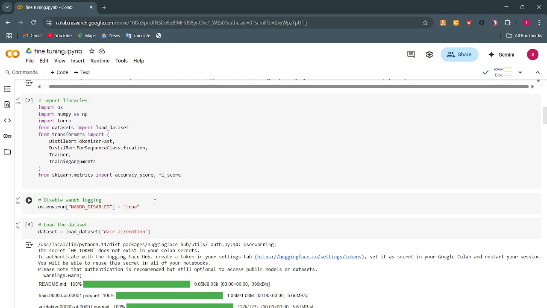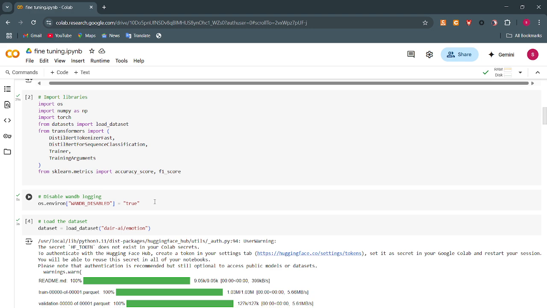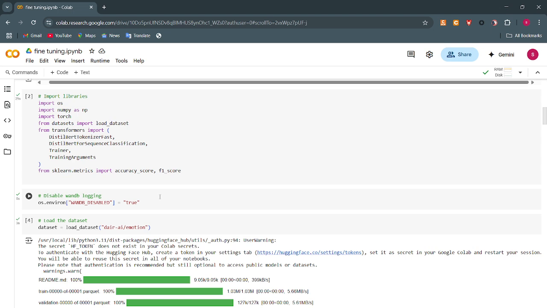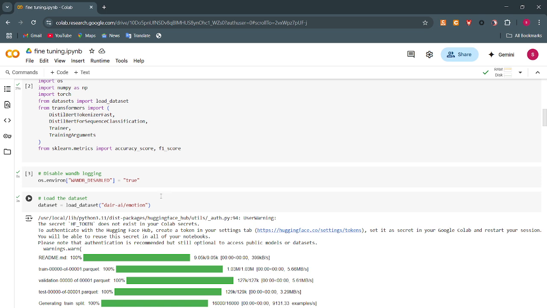and os.environ is used here for Weights and Biases, which is often used for experiment tracking, and here it is disabled so training won't try to log data to external services. And this is for load_dataset, which loads the emotion dataset from the Hugging Face Hub, and this dataset contains text samples labeled with one of six emotions, and this dataset is automatically split into train, validation, and test sets,